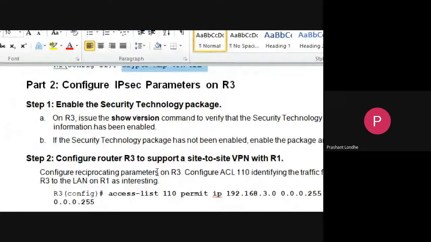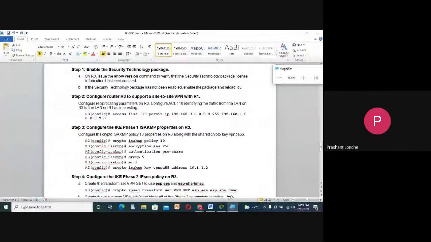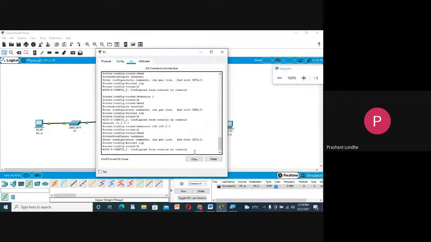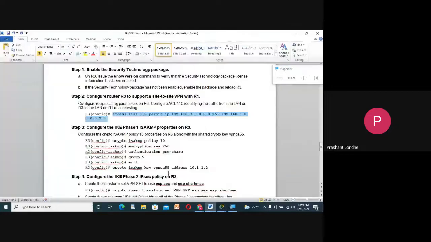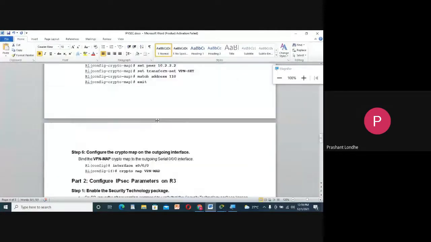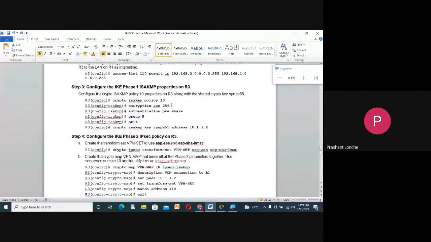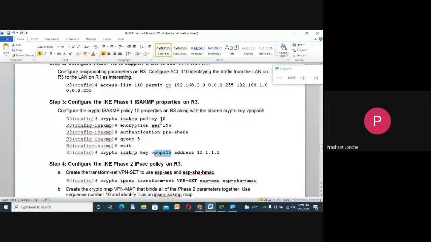Now you need to configure the same thing for R3. Basically we will perform one kind of access list over there for R3. The commands will be the same, so I'm not zooming in. Exit, paste, ISAKMP policy 10. Both should have the same policy number, here it is 10 and here it is also 10. Both should share the same key number 256, the same kind of group, and the same cryptographic key, then only it will work, otherwise it will not work. So let us start.